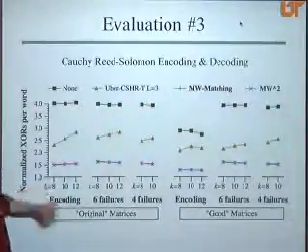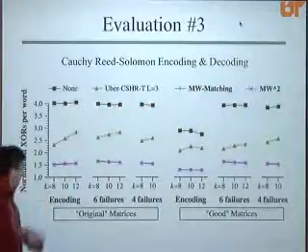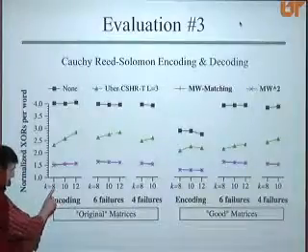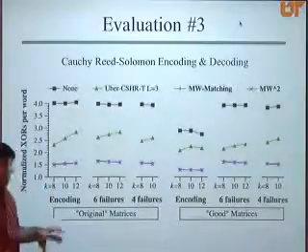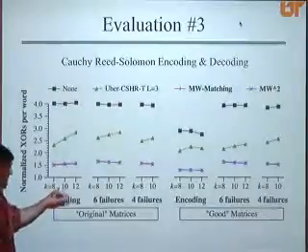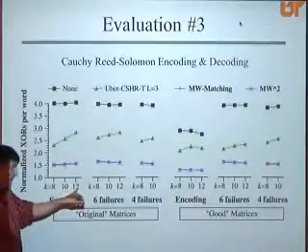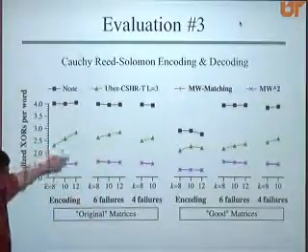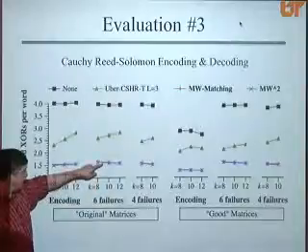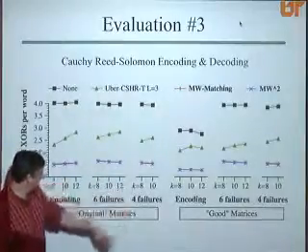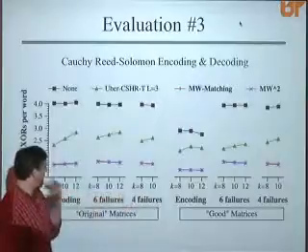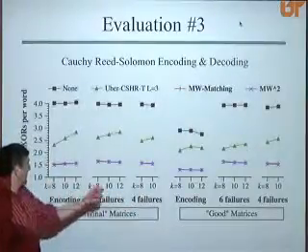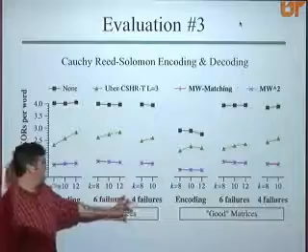This one is I am doing a Cauchy-Reed-Solomon coding scenario where here I have, it's going to be a 16-disk system. Here I have 8 data disks and 8 coding disks. There's the CleverSafe. There's 12 data disks, 4 coding disks. And now I am doing encoding. I'm doing decoding from 6 failures. And I'm doing decoding from 4 failures. Sounds to me like I have that wrong. That should be swapped. Yeah, that's why my paper got rejected.